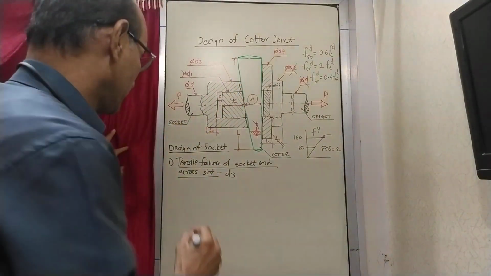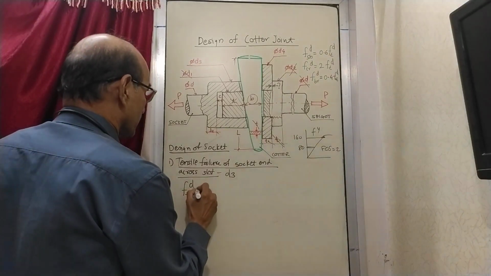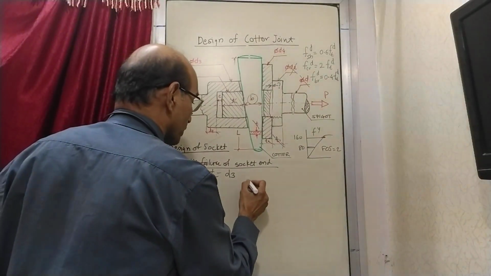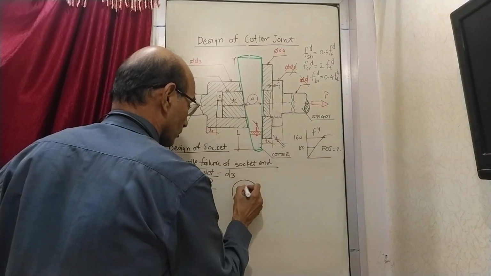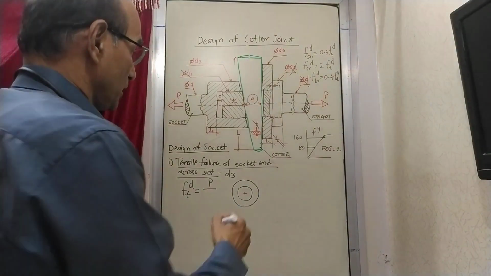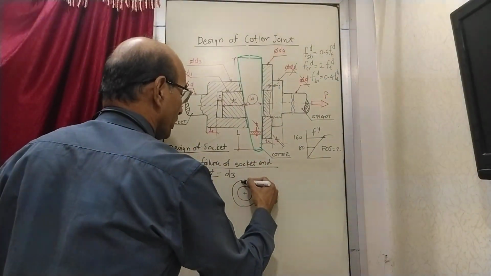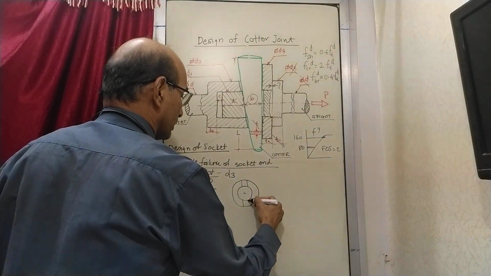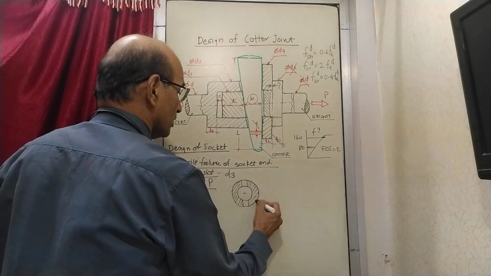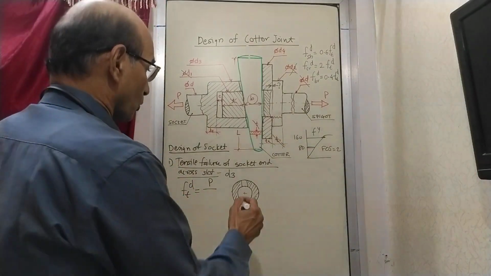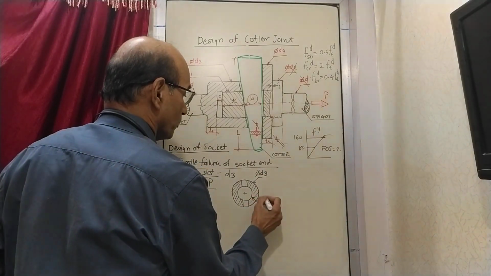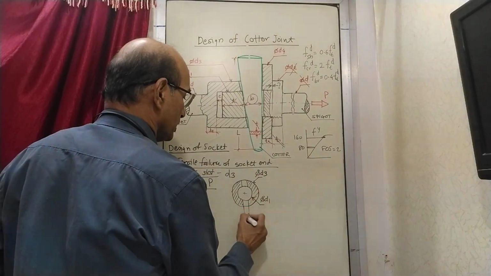So how will it fail? It will fail by tension. So we write FT design. The design tensile stress is given by load upon area. Load is P. And now what is the area? For area you have to draw the sketch of a resisting area. So this resisting area here will have a slot for the quarter pin like this, and then this is the remaining part of the material. Now this material is resisting the tensile stress. Now what is this shaded area? This is diameter D3, this is diameter D1, and this is thickness T.